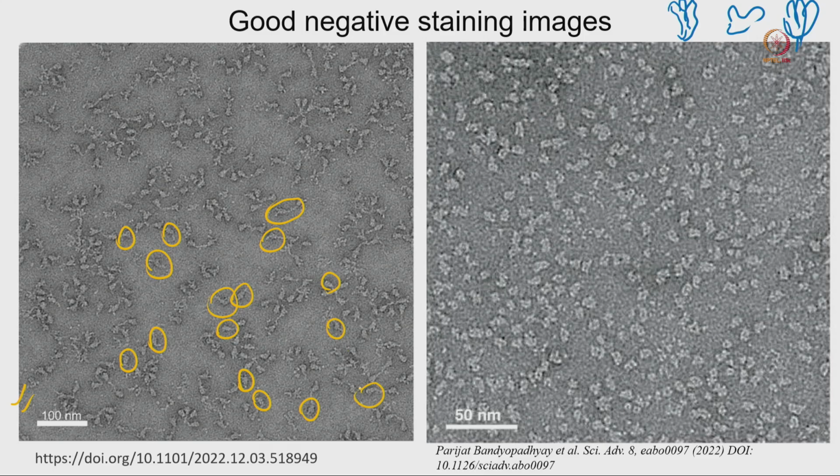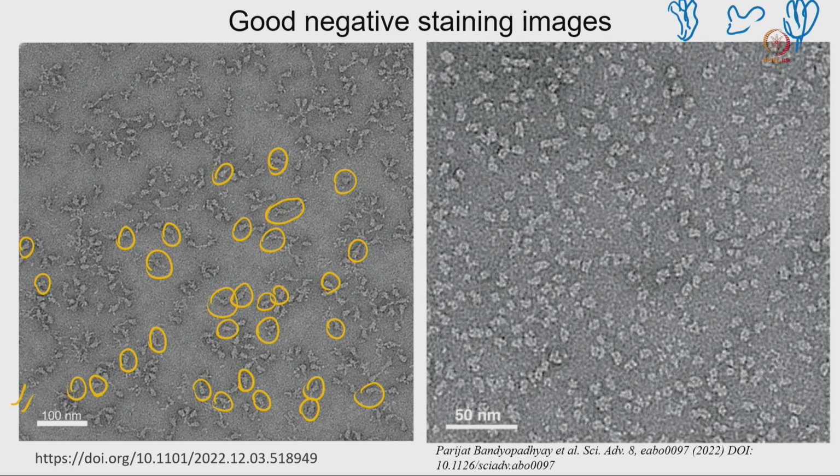That 2D classification we are going to discuss in the next classes. Here you can see this cone shape, lots of molecules all over the image. Whenever you try to get a good image, try to get an image like that, where the particles are well separated, well distributed, staining is nice, and you can see the morphology of each individual protein molecule here. That is really helpful for further analysis.